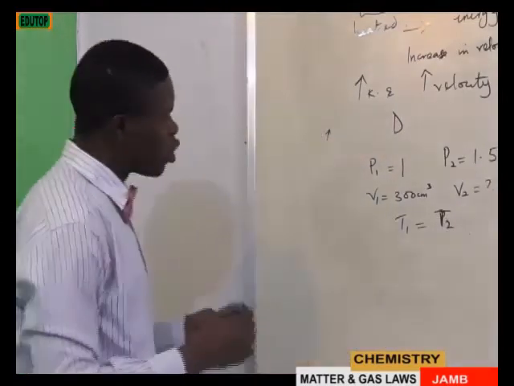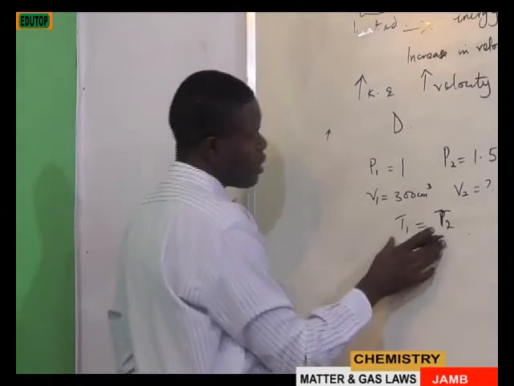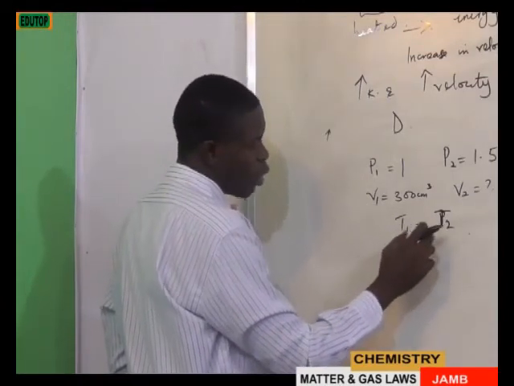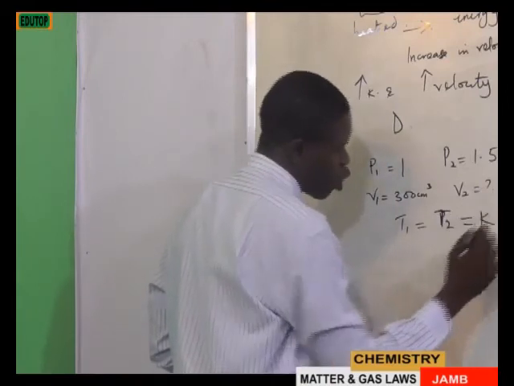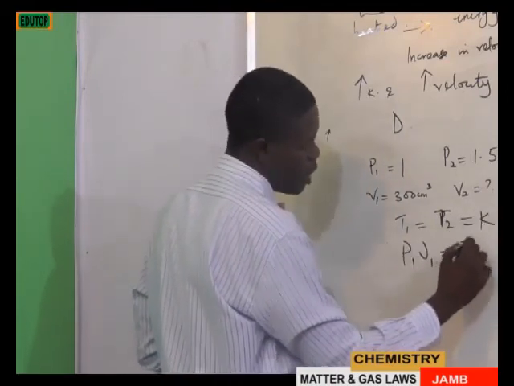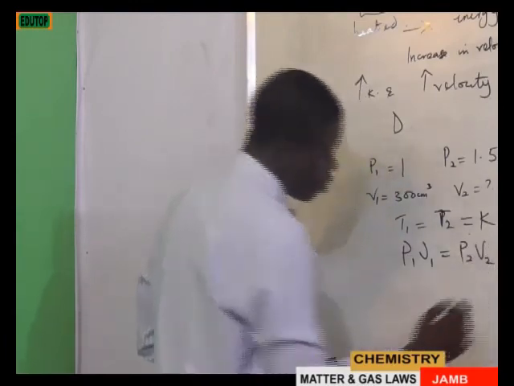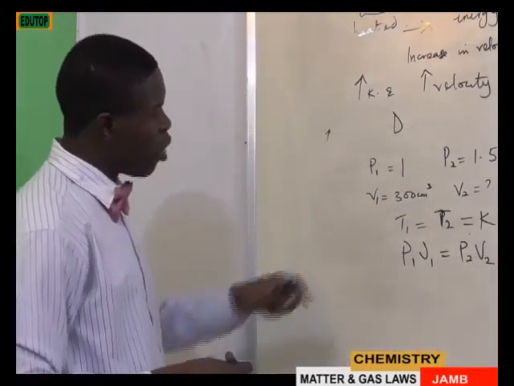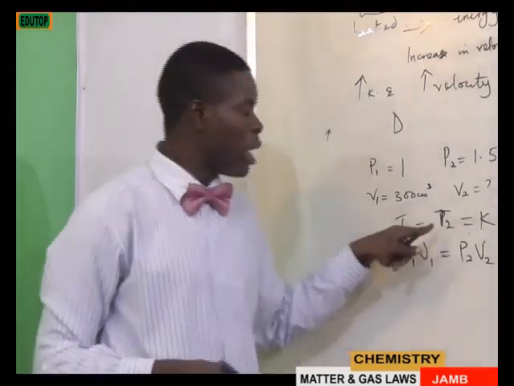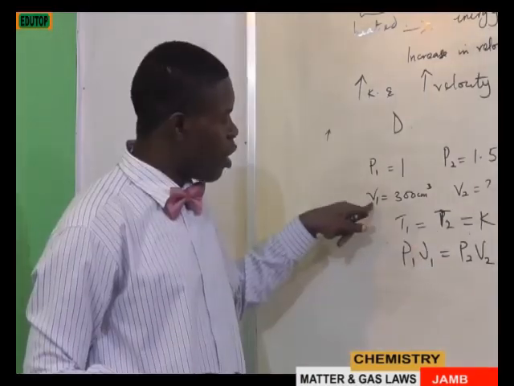T1 equals to T2, that means they are constant. Automatically, we will use Boyle's law. P1 V1 equals to P2 V2. Because Boyle's law is the only law that is talking about constant temperature. The volume is